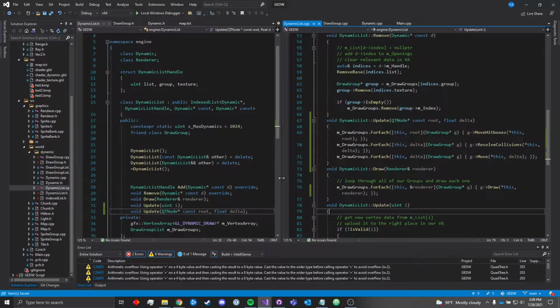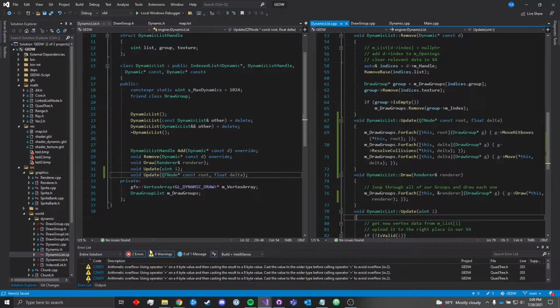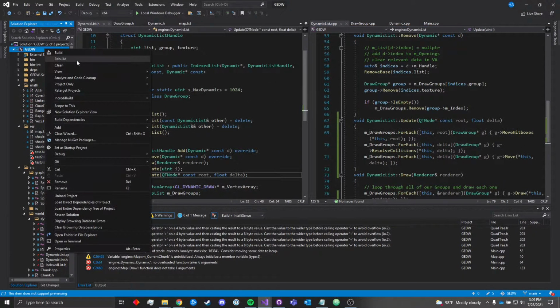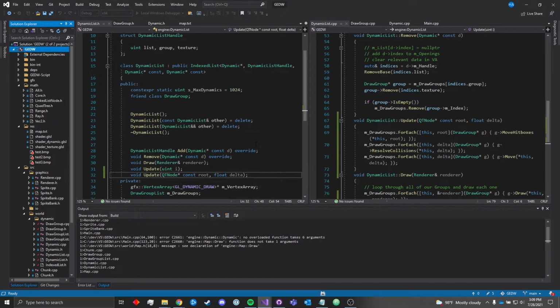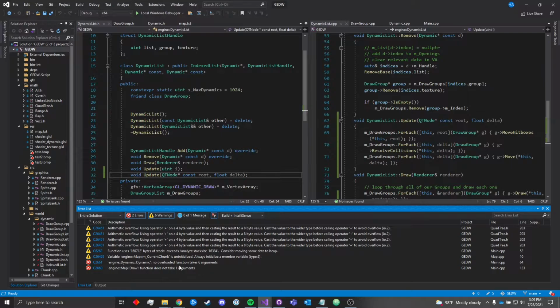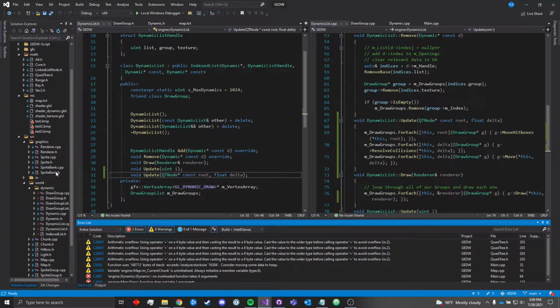So that is all we need. I'll go ahead and compile this. Well, it's not all we need, but that's our whole dynamic pipeline sort of taken care of. Okay, so we still have these messed up function calls. That's fine. The next thing we're going to do is